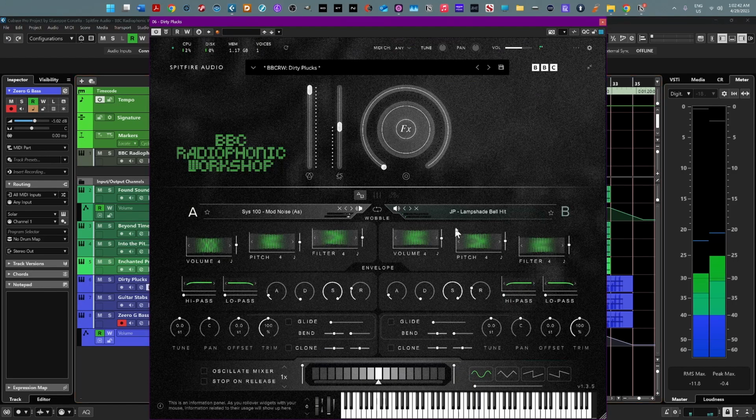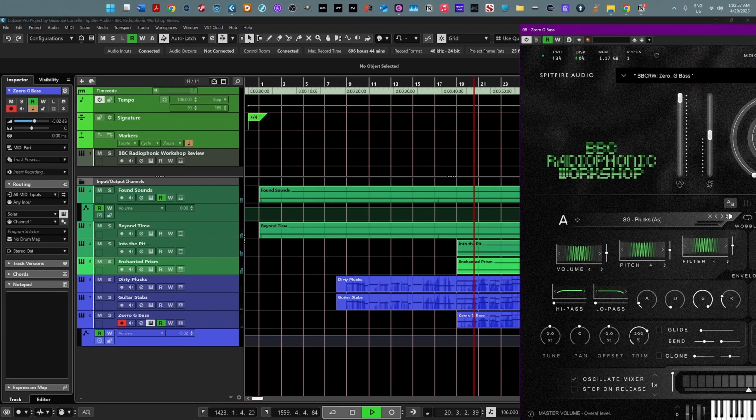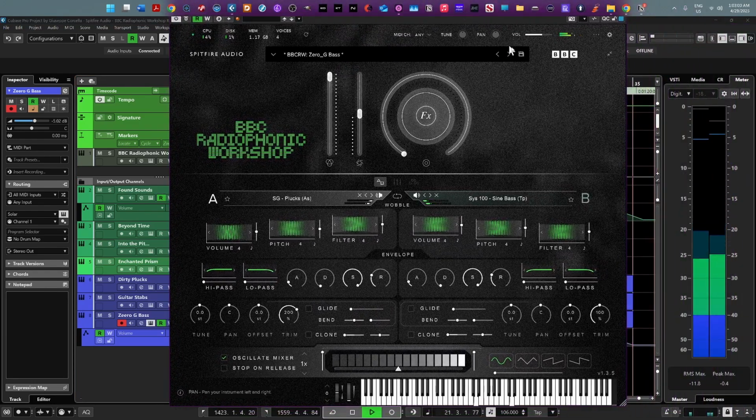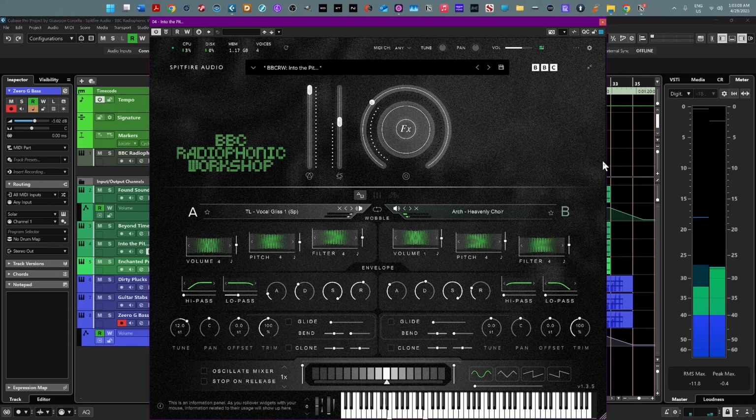The engine offers a lot of flexibility with a wide range of effects that allow you to deeply customize and shape your sounds. I particularly enjoyed the oscillator function, which brings an organic sense of movement between the two layers and really expands the creative possibilities. It's a library that invites you to experiment and think outside the box, offering a sound palette that feels both historic and refreshingly modern. And that's all for today.